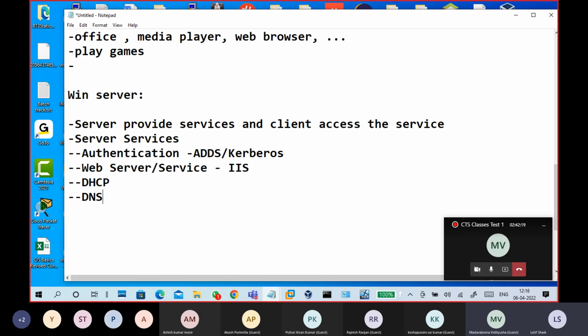DNS, VPN, remote access is for a VPN service, WDS Windows Deployment Service. Okay, what is the Windows Deployment Service? If you want to install an operating system on a computer, what